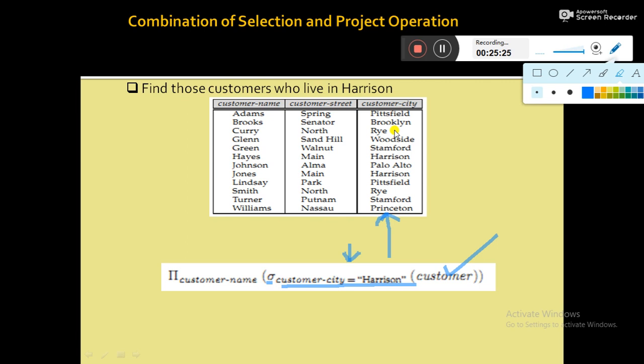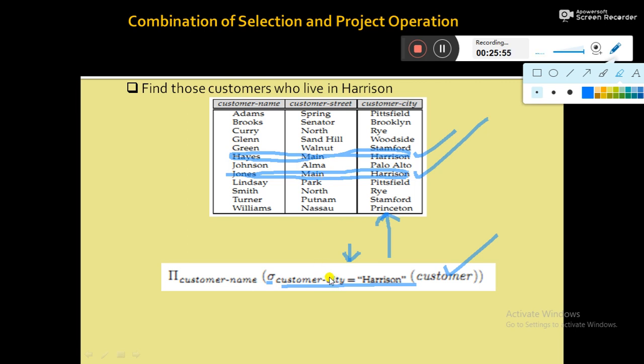So only these will be selected: Hayes, Main, Harrison, and another one, Jones, Main, Harrison. So on executing that relational algebra query, this selects only these two records out of multiple records.